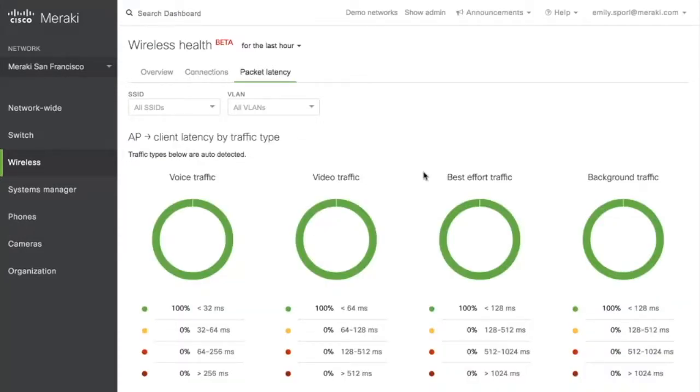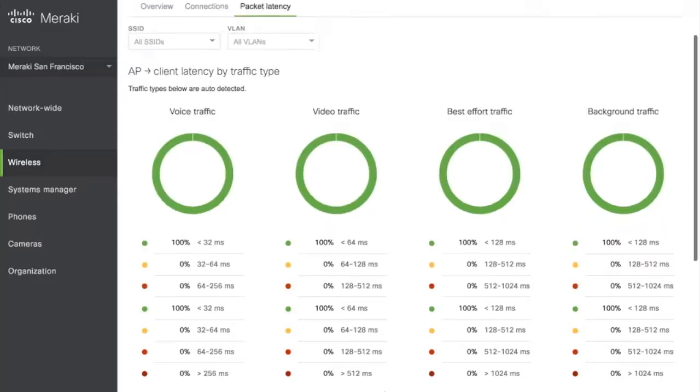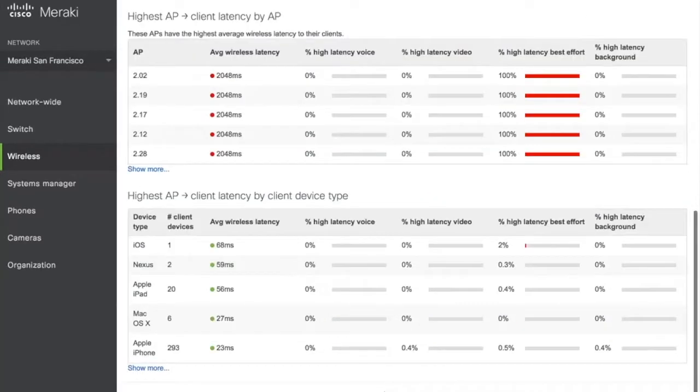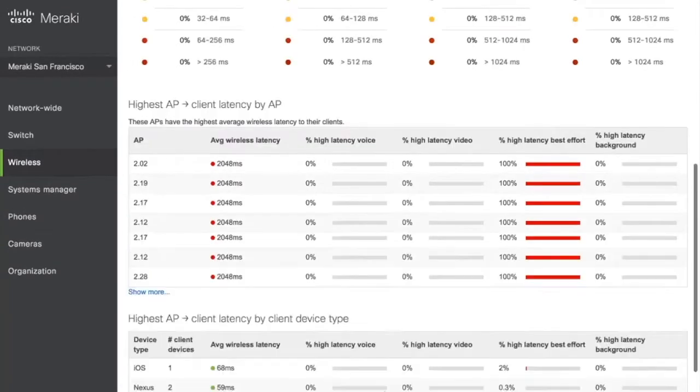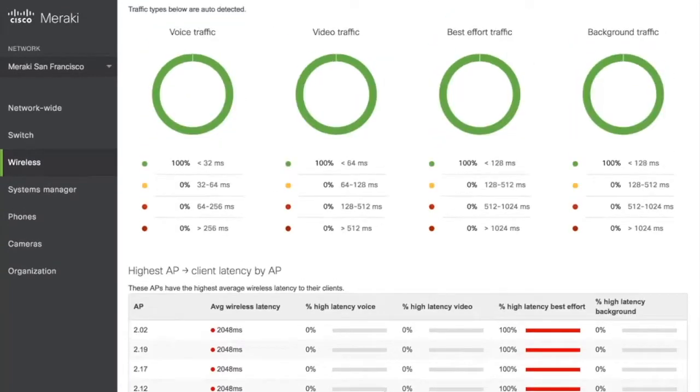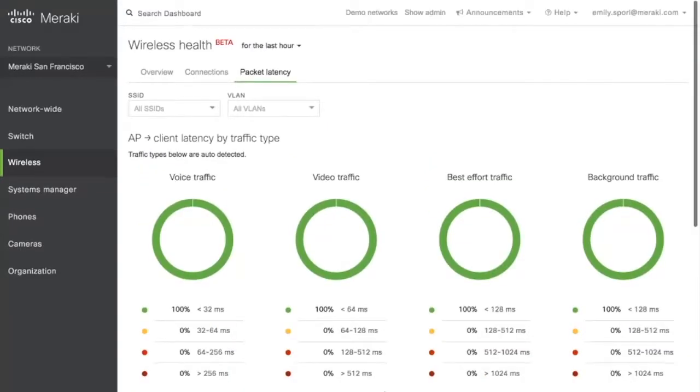So perhaps, if it's just voice traffic or just video traffic that Steven's having issues with, we can just come in and verify that there's no sort of slowdown or sluggishness there based on some thresholds that we've set. So this is still in beta. It's not generally available, but we do expect it to be out in the next couple of weeks for our customers, and it's going to show as a seamless wireless update, and really I think is going to help with